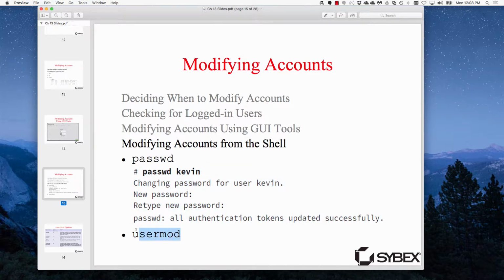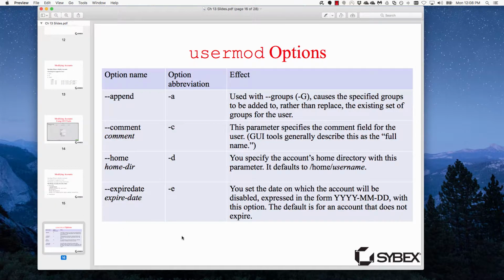So next, let's look at the usermod command. As you can expect, this one modifies a user account. Now here's some of the options available for usermod. We can append this user to certain groups. So we would use the -a, and we would use this with a capital G as well to specify the groups,